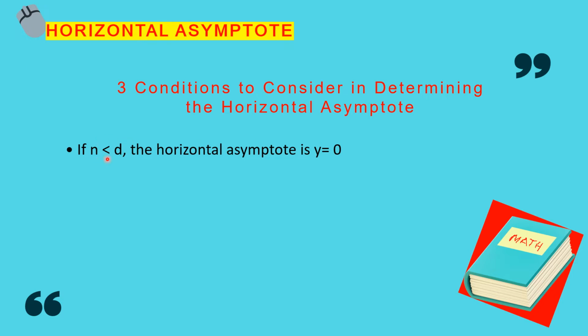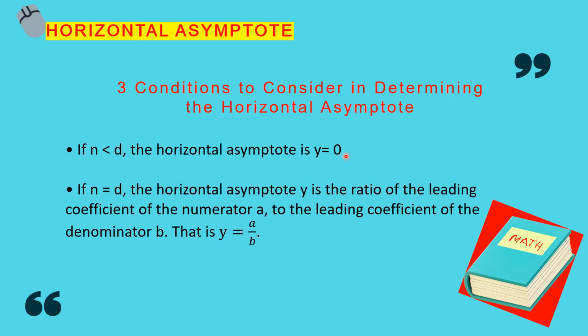So what is n? N is the numerator. We are talking about the degree of the numerator. If the degree of the numerator is less than the degree of the denominator, therefore your horizontal asymptote is y equals 0. The second condition is if n is equal to d, so the degree of the numerator is equal